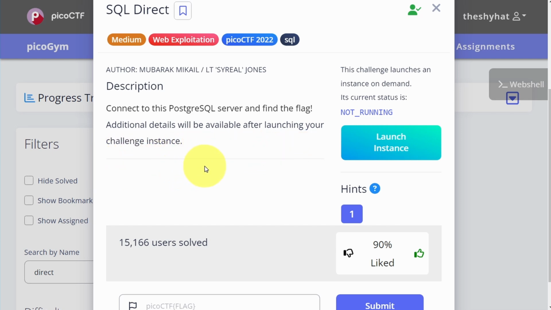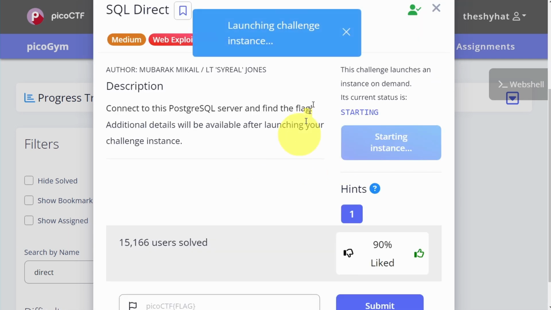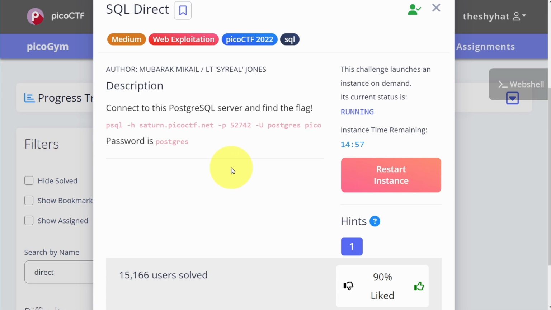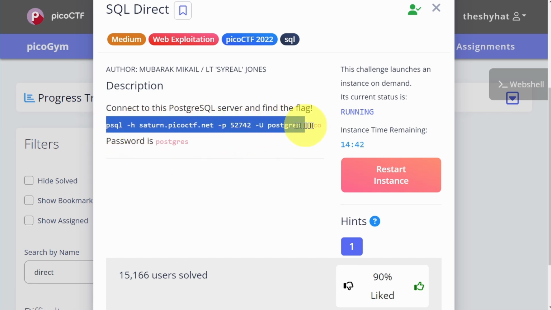So the first thing we need to do is launch the challenge instance with this button right here. Just click on Launch Instance, and after a couple of seconds, you will see the description page change. Now it says, connect to this PostgreSQL server and find the flag. We have a command over here that's going to let us connect to this server. So highlight this command